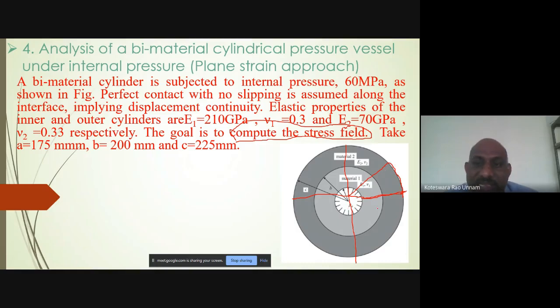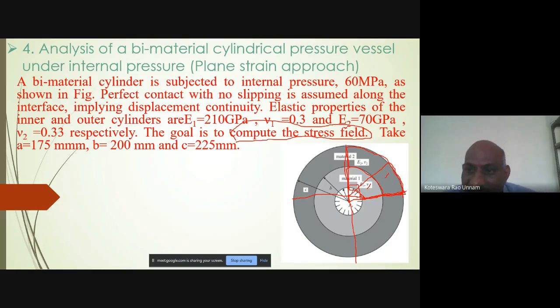So instead of taking cyclic symmetry, I'll use plane of symmetry. So that means I'll take 1/4 of this one. I'll model only this sector, so this is the inner cylinder and this is the outer cylinder, this portion. So I'll use cylindrical coordinates, or else I'll use radius and angle. So what is this angle? The angle of the sector is 90 degrees, right? So I'll create 90 degree sectors, this one and this one. So this is one sector and this is one sector of 90 degrees.